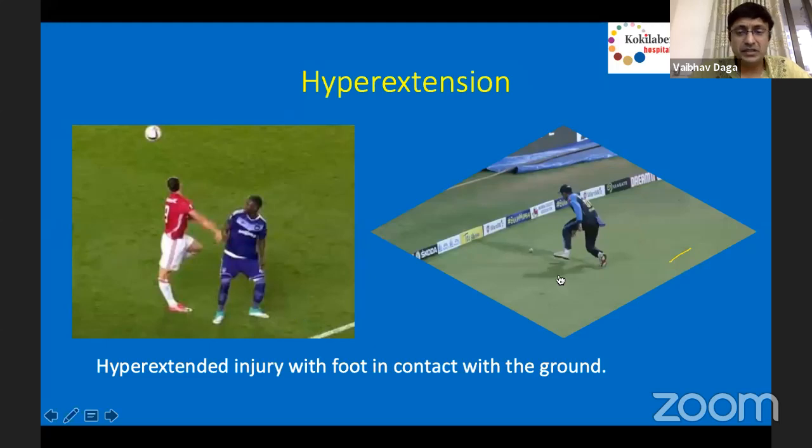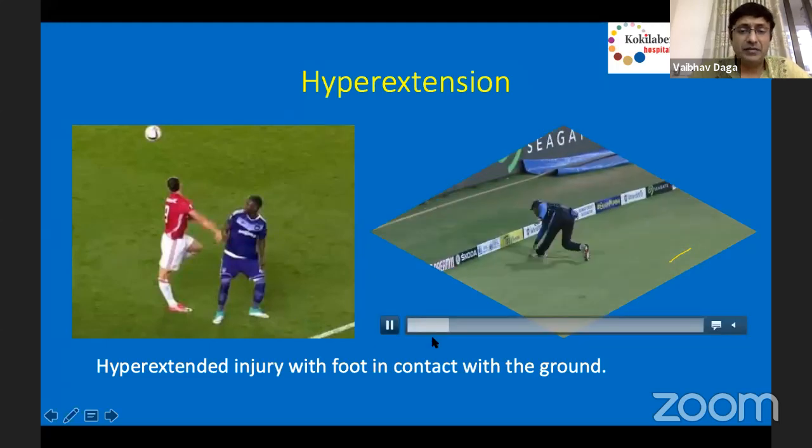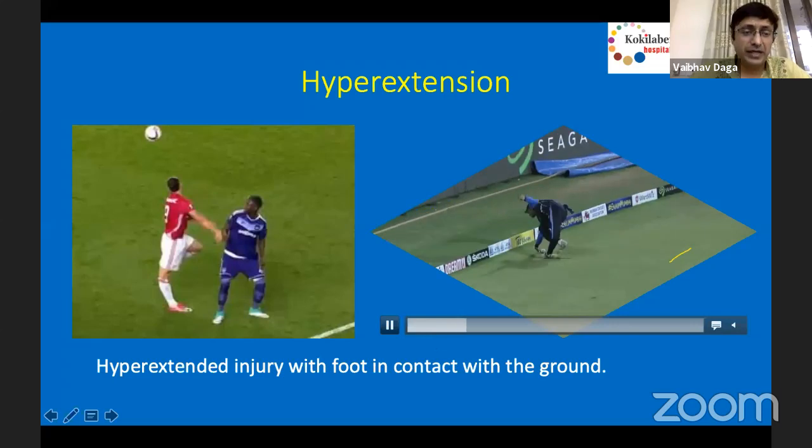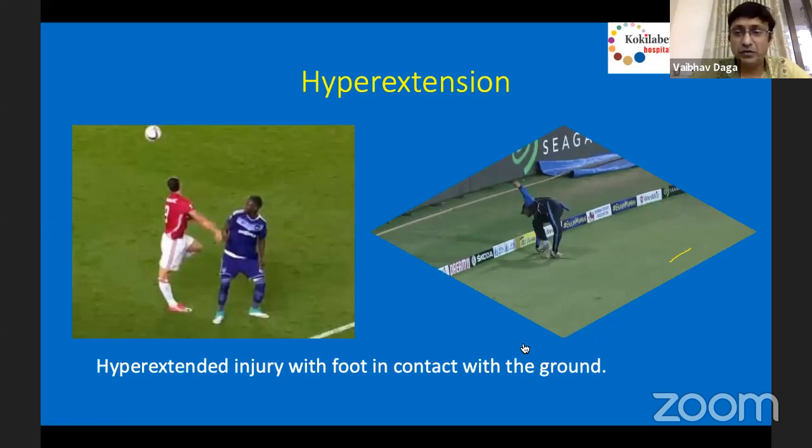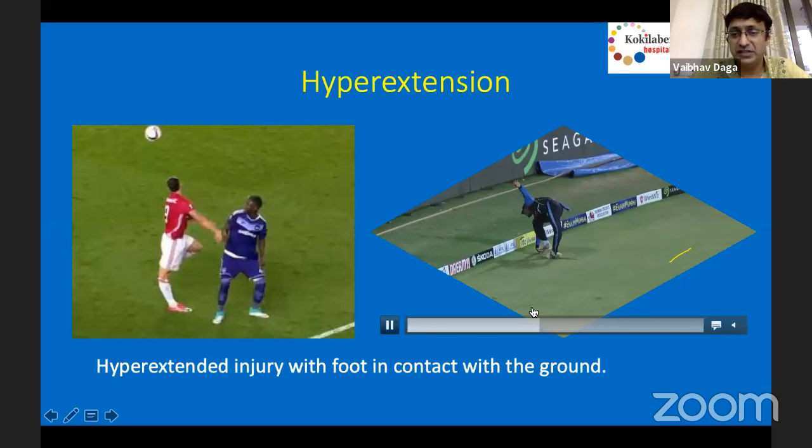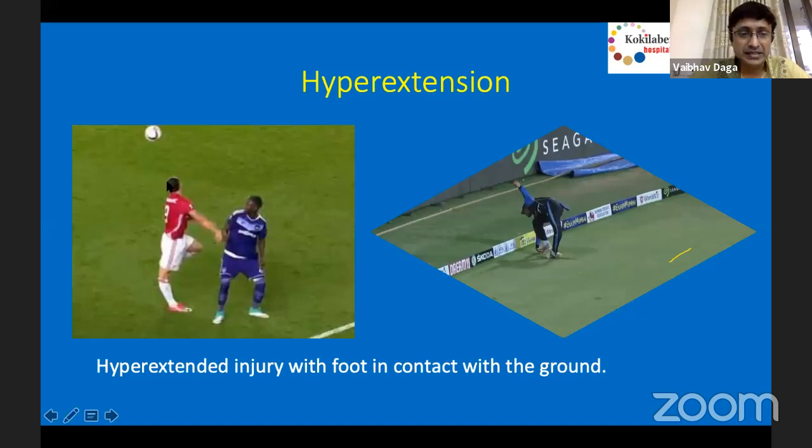Hyperextension is another contact mechanism. It can happen very much when you are landing, as you can see in football or in cricket, where this fielder was trying to stop the ball, but look at the hyperextension which has happened in his knee. And similarly, this is Zlatan Ibrahimovic, who was playing for United when he injured his ACL upon landing,